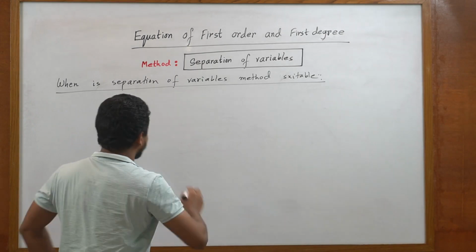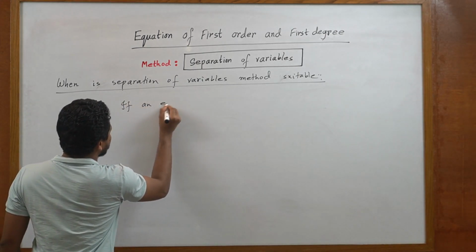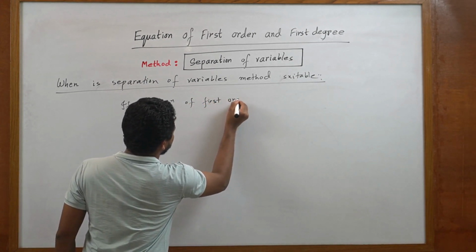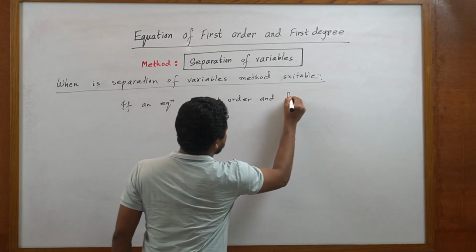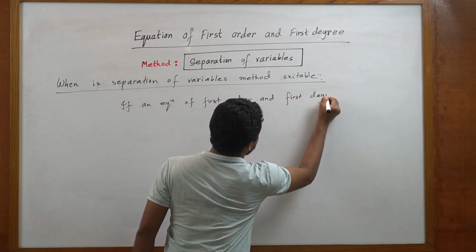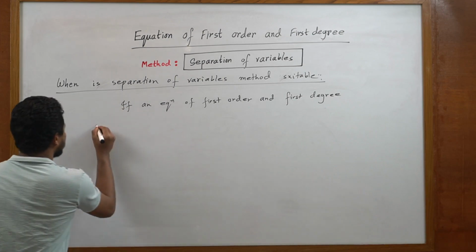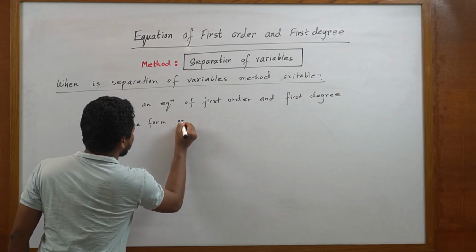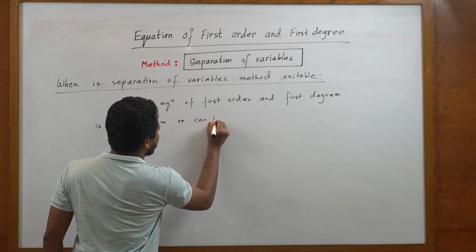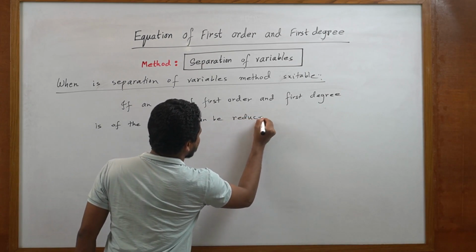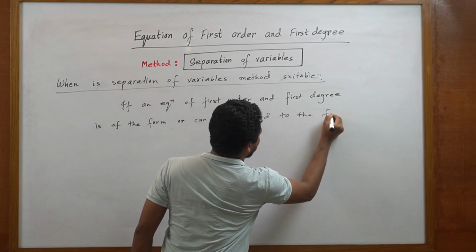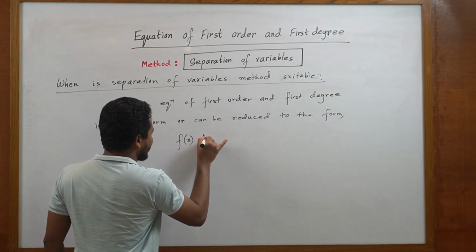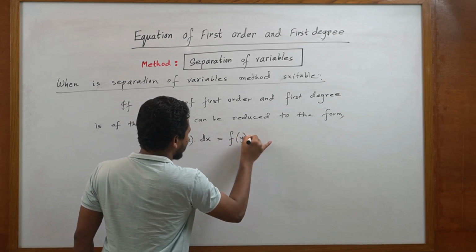The answer is: if an equation of first order and first degree is of the form, or can be reduced to the form, f of x dx equals f of y dy,